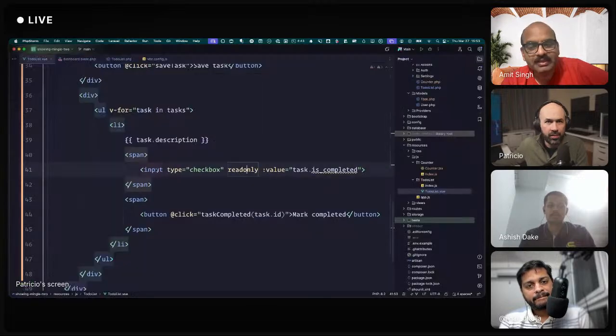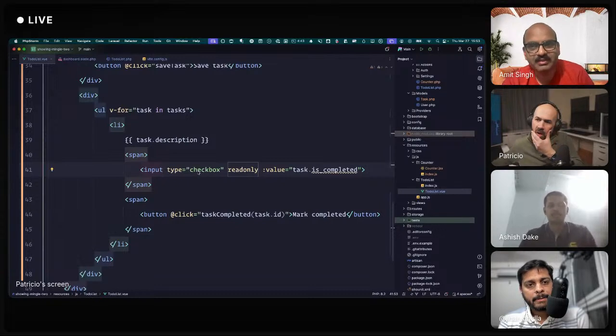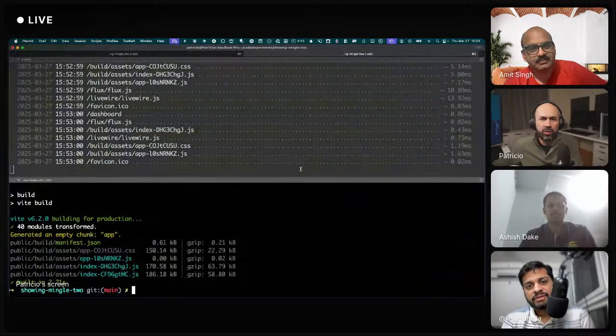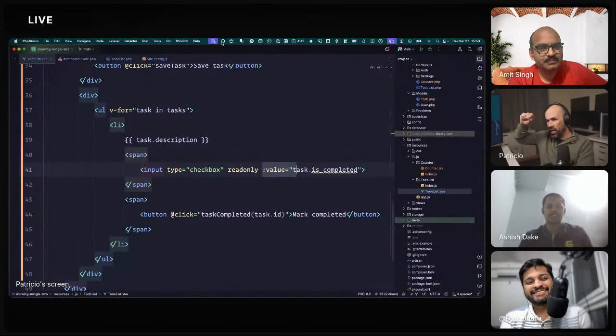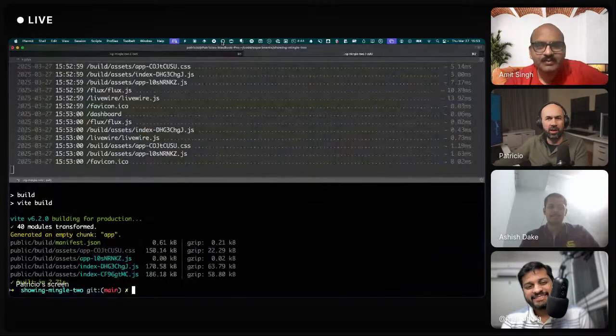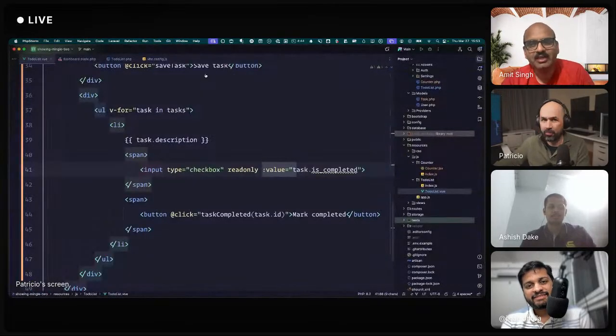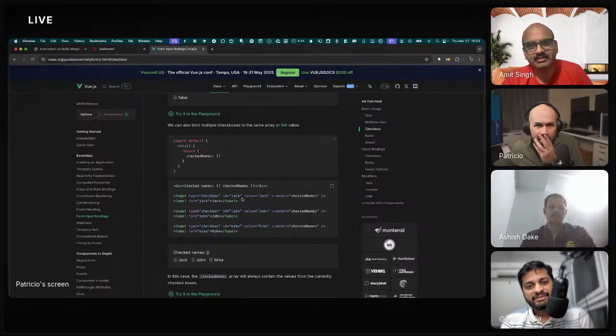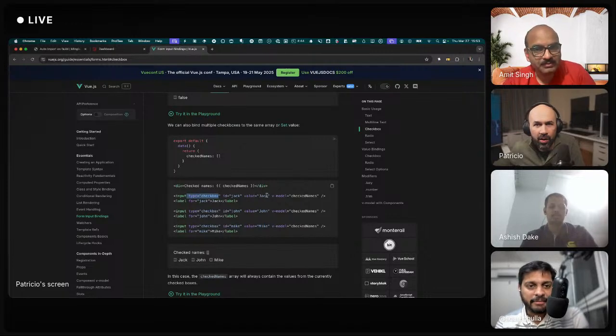Why isn't this working? See, in case of checkboxes, right, 0 and 1 doesn't work. The word has to be checked. Checked equals checked, right? Yes. Value is a different thing, but the word checked has to be there. Only then it will show the checkbox. But look at this, where is the check? There is not.